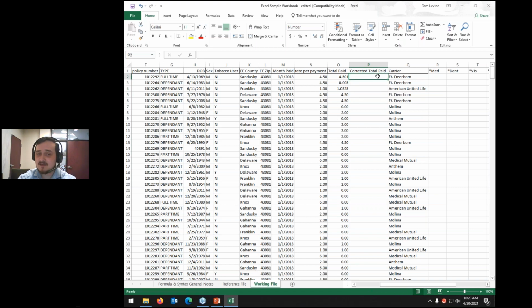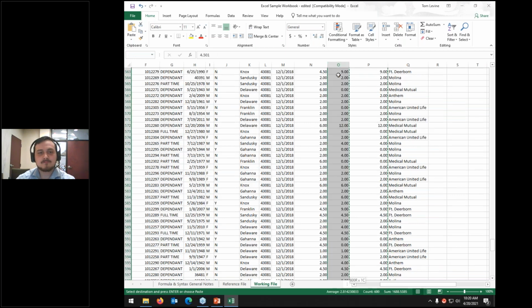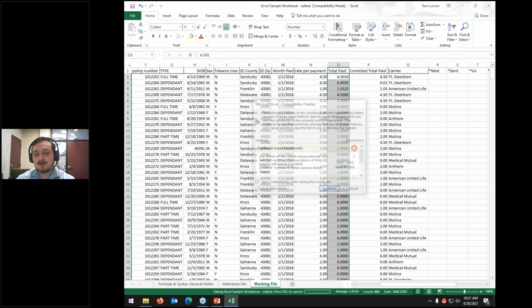I'm going to go ahead and populate that down the entire column as well. So it'll be equals round cell value comma, 2, if you're typing out your formula. And then I'm going to double click on the corner to populate that formula all the way down the line. Then I just copy, paste values, and now I have a fully correct total column. And I'm going to extend out my numbers here just so it's more evident. I'm also going to save this file, and this is where we're going to go ahead and end the session